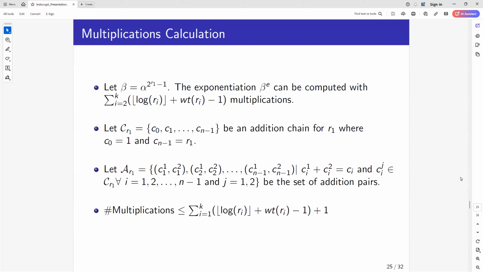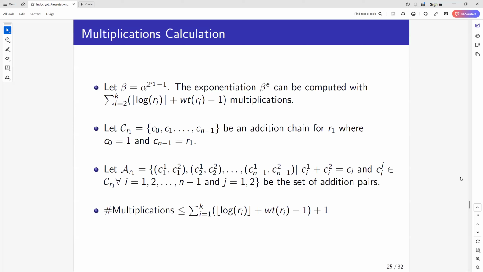Okay, so alpha to the power 2 to the power r1 minus 1, once it is computed, then the rest of the exponentiations can be computed with summation of i equals 2 to k of log ri plus weight ri minus 1 many multiplications. And so C(R1) is this addition chain for R1, and we also define